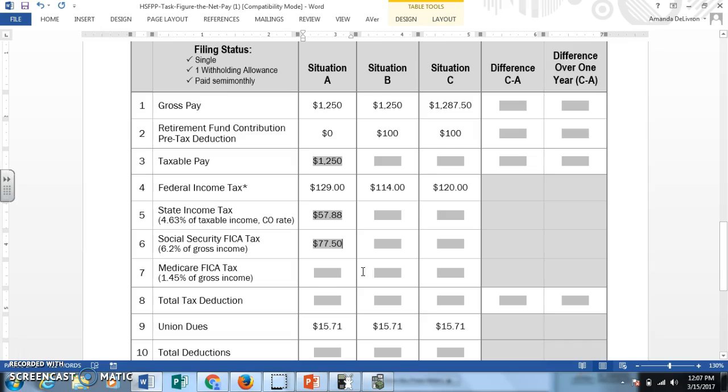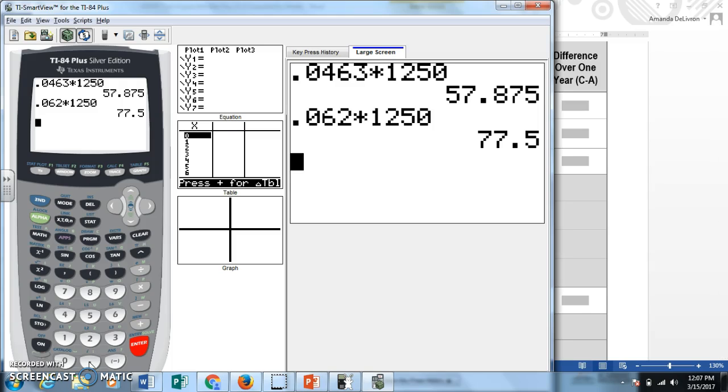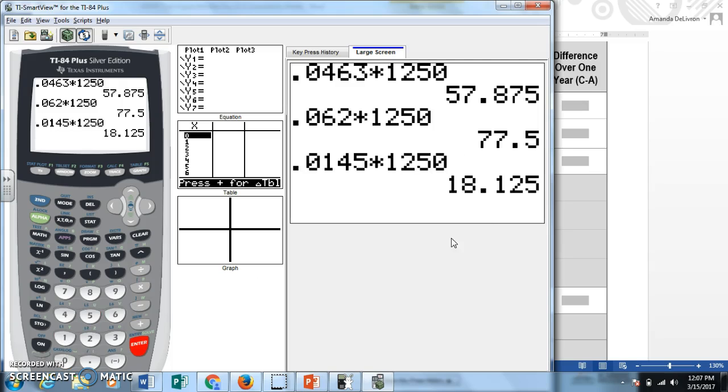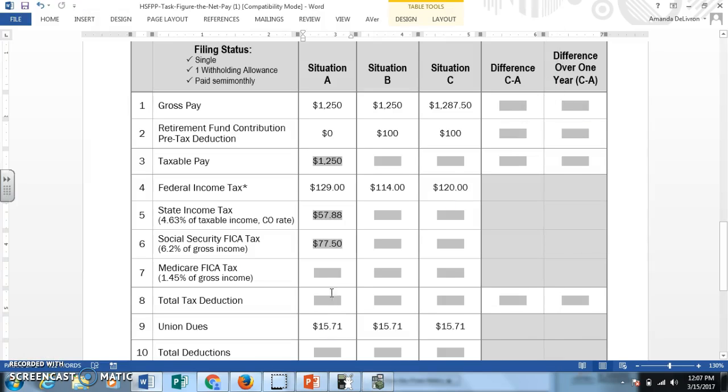$77.50 that I owe in Social Security tax, and then 1.45% for Medicare, which is 0.0145 times 1,250. That's $18.13. Take that 5 and round up to 13. So $18.13. To figure out the total tax deduction, you would take number 4, 5, 6, and 7 and add